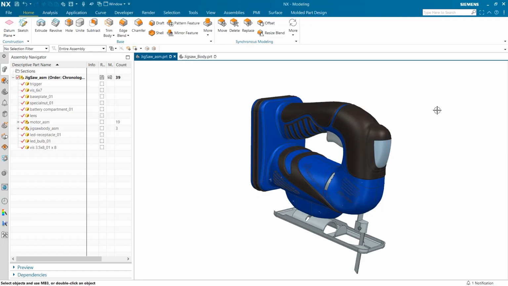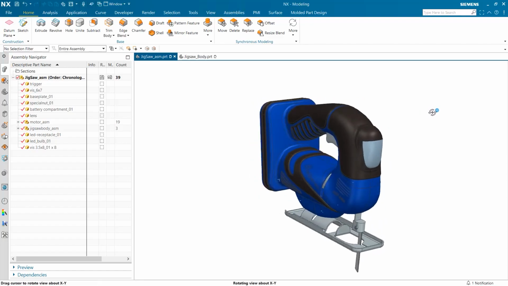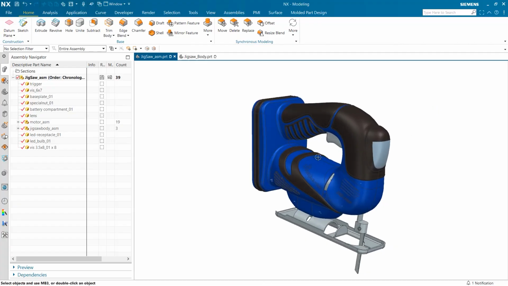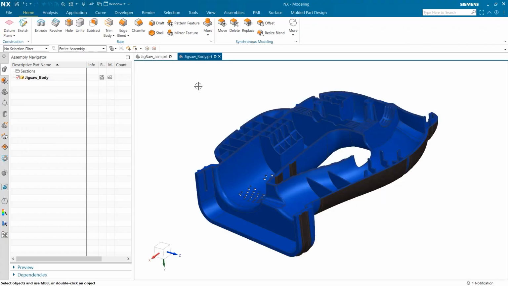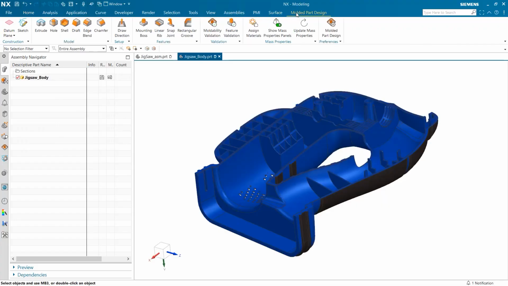To begin, I'm starting with this jigsaw, and we are going to take a look at the molded casing that fits around the internal components. I have already opened this part into a new window so we can begin. As you can see, when we open this new window, there are a number of features already included to ensure structural integrity. The first thing I want to investigate is how we can add new features and use feature validation